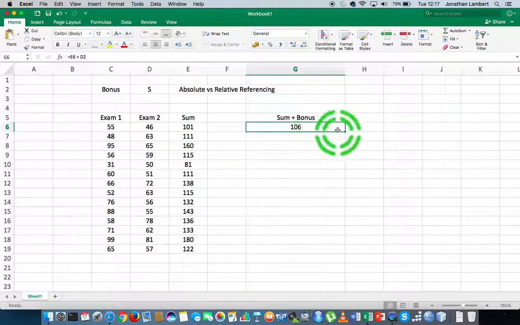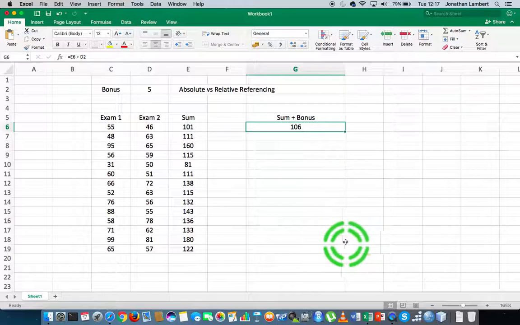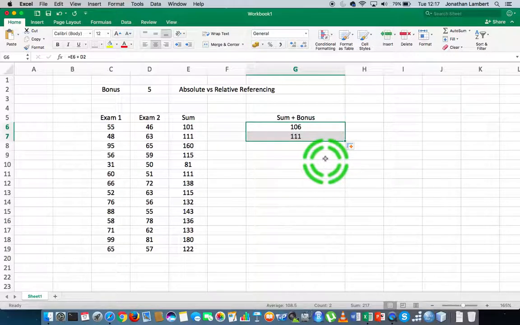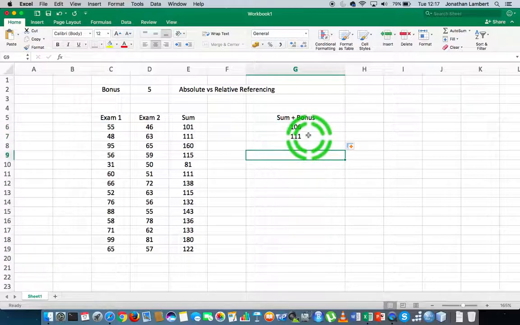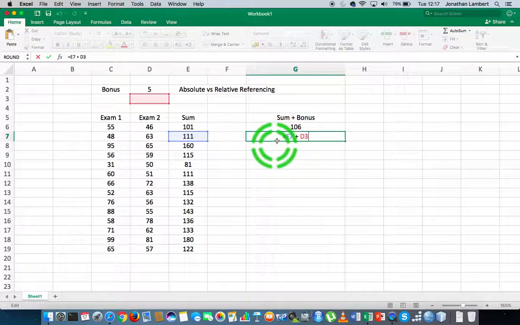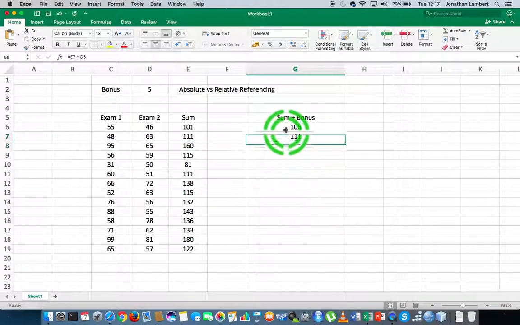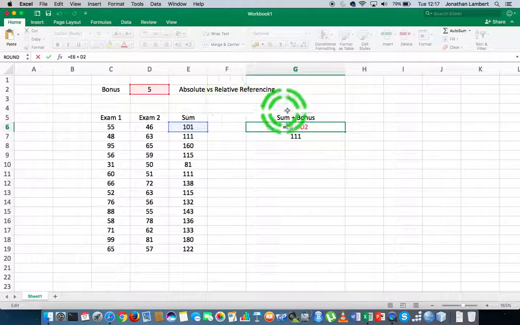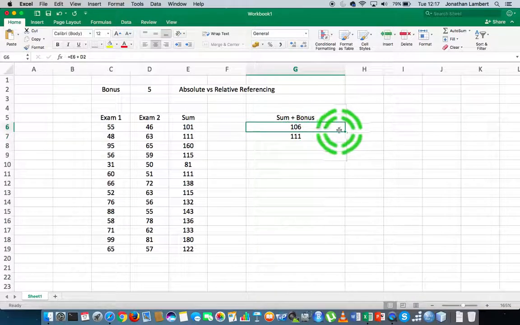But let's see what happens when I apply this formula down this column. When I apply this formula down to the next cell, let's see what's happening here. When I double click on this cell, you can see that in the previous example it was cell E6 plus cell D2. When I move the formula down,